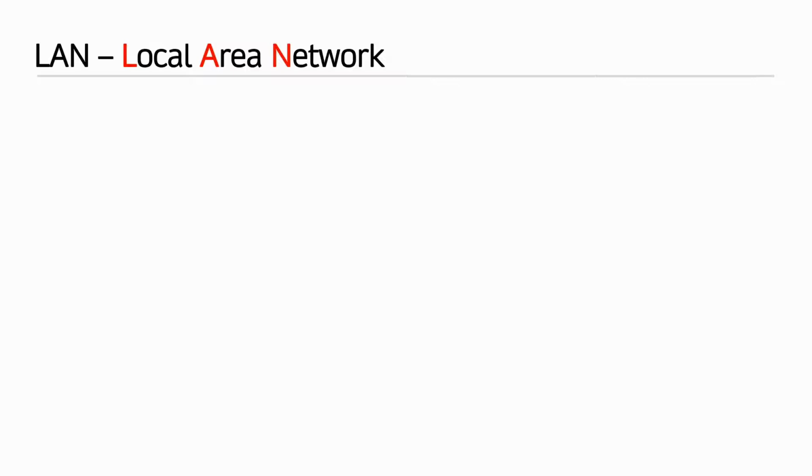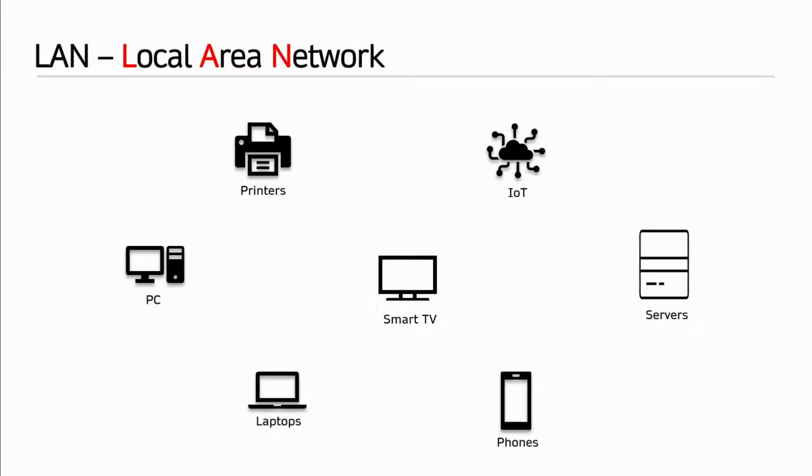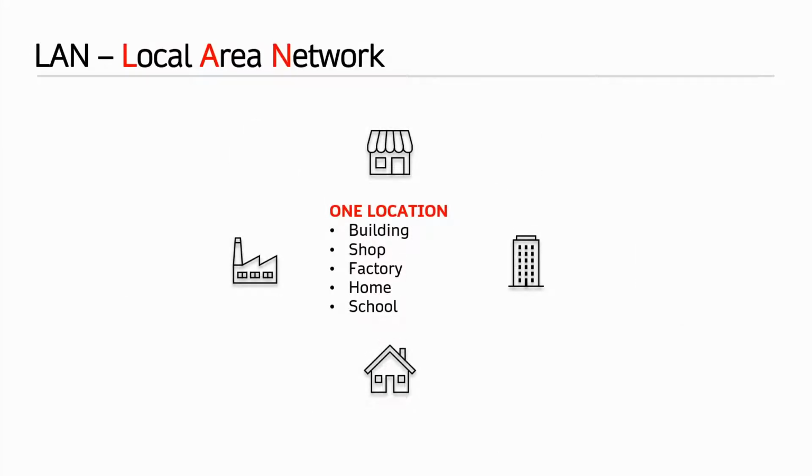Different protocols are used to exchange data between clients over a physical connection, such as Ethernet cable or fiber cable. Together, connected devices such as printers, servers, laptops, and computers in one physical location, such as a school, home, company, factory, or hospital, build up a local area network. As soon as we establish a connection between different buildings or companies, we are no longer talking about a local area network.